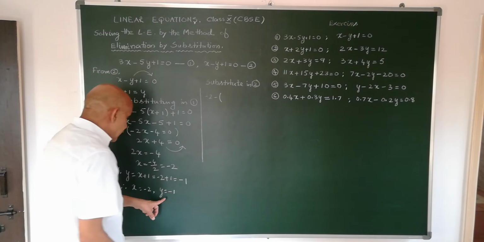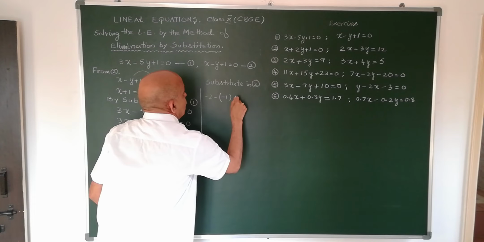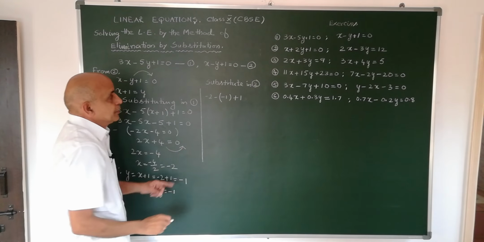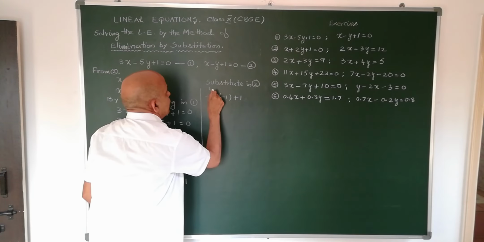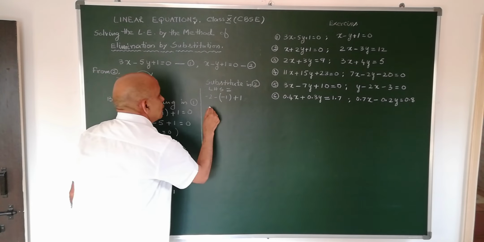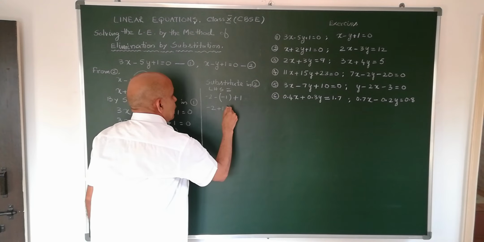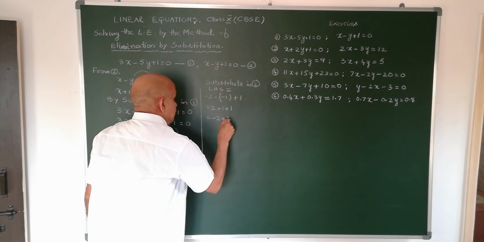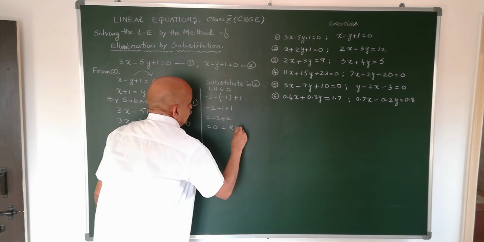So because minus is there, I have to put the bracket, minus 1, plus 1 is equal to 0. So is equal to 0 we should get. So this is the left hand side of the equality symbol. I am taking LHS is equal to minus 2, minus into minus plus 1 plus 1, which is equal to minus 2 plus 2, which is equal to 0, which is equal to right hand side.